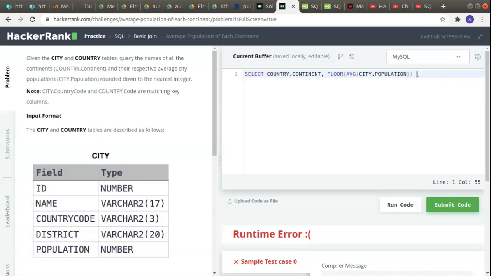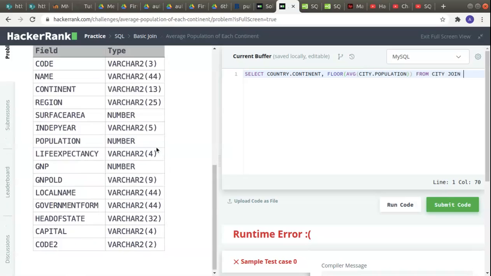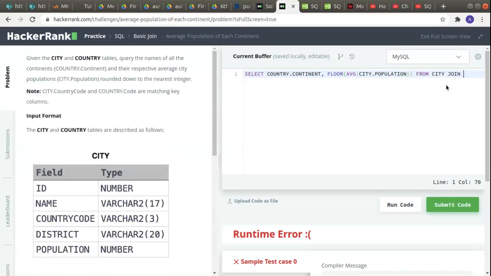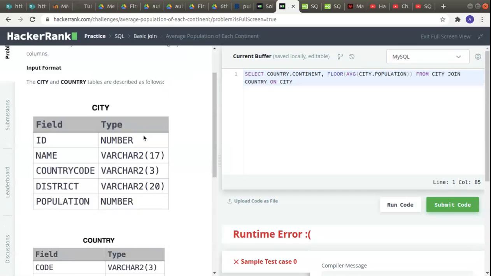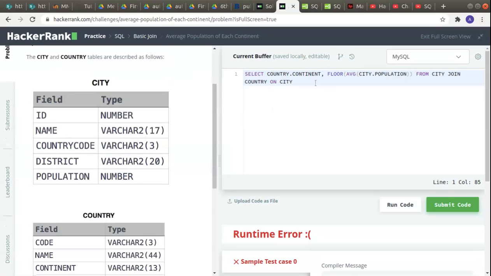Okay, you have to select this from the city table and you have to perform the join operation. So you can give inner join also, but I've just written join here because it's a simple query, so even join works. And you have to perform this operation on their IDs, right? So city dot country code is equal to country dot code,